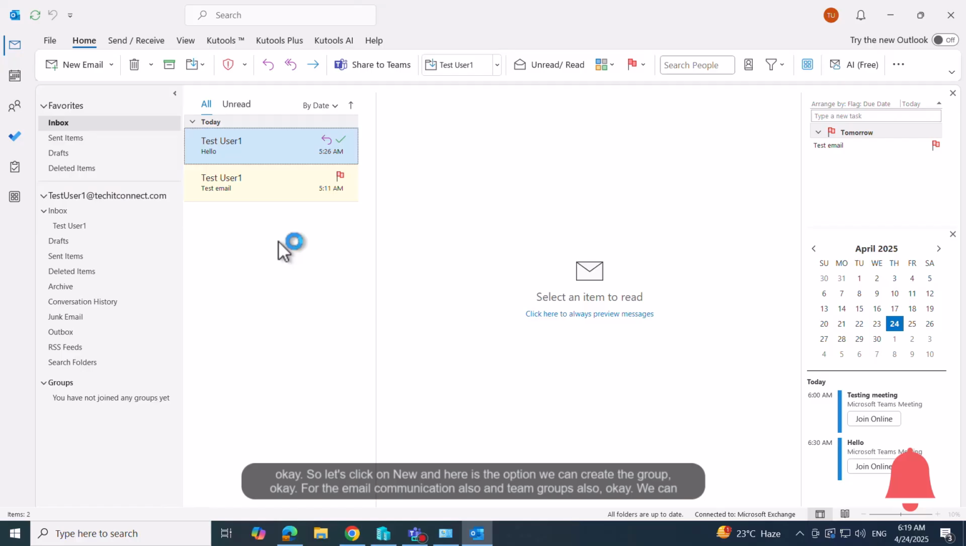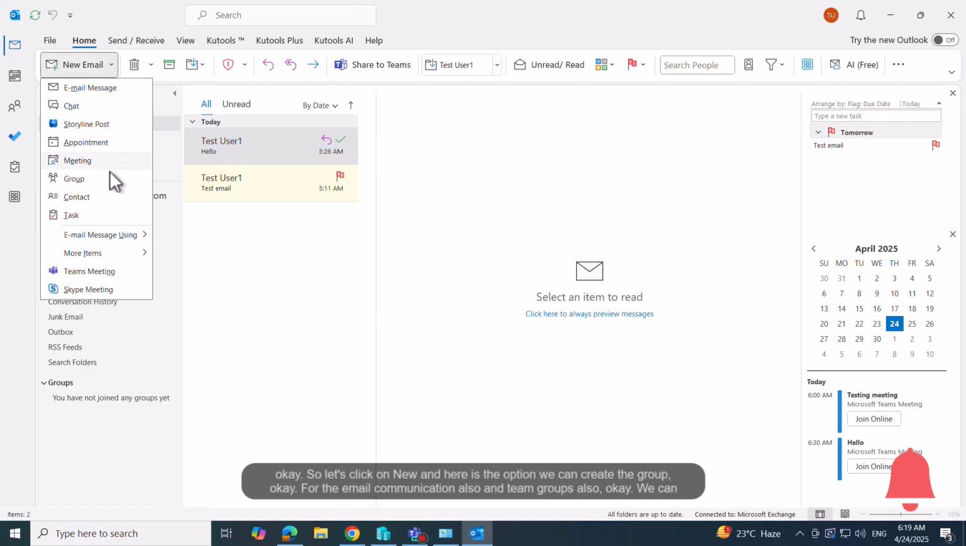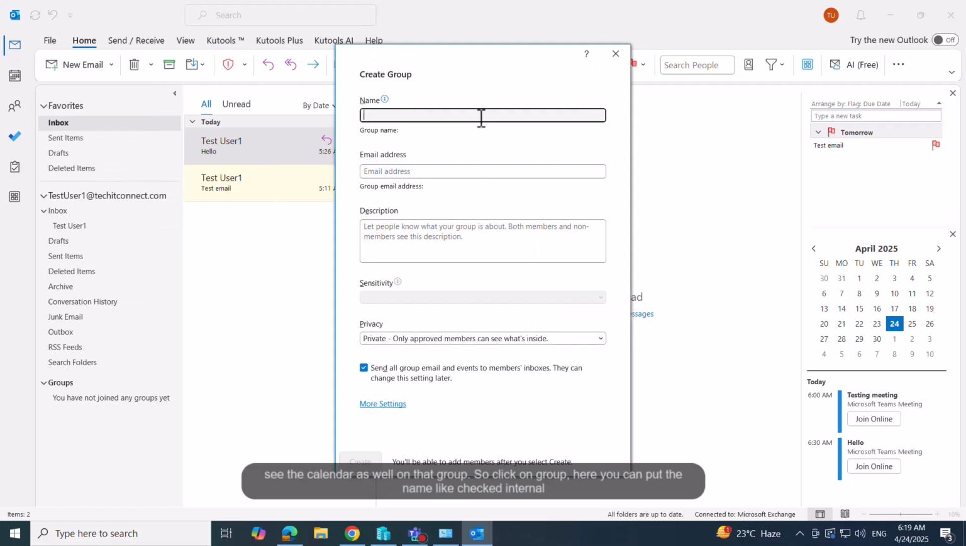Okay, so let's go to Outlook and click on New, and here is the option to create the group, for email communication and Teams groups also. We can share the calendar as well on that group. So click on group. Here you can put the name, like chat